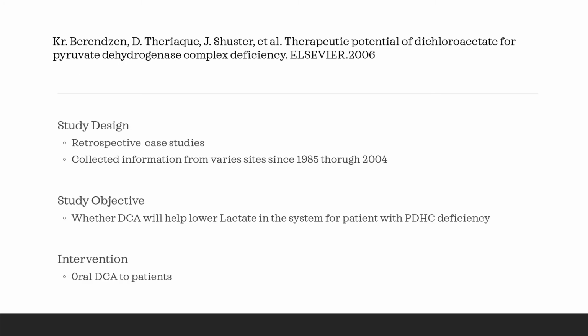Okay, in this trial, we're trying to study the drug DCA to see if it's helping. This study is not a prospective study, it's a retrospective study. They collected all the information they could find from various sites and went back from 1985 through 2004 to see what happened to patients who were administered DCA. Did they have any reduction in lactate level? Did they have improvement in their neurological or motor function? The study's objective was whether DCA will help lower lactate in the system for patients with